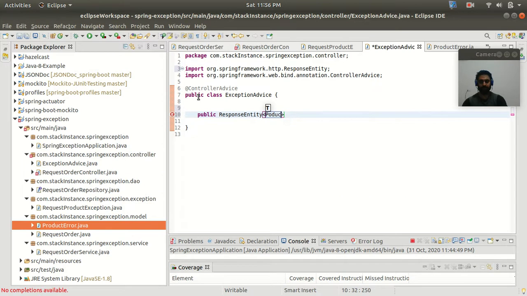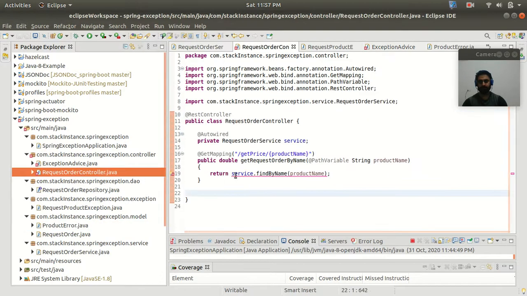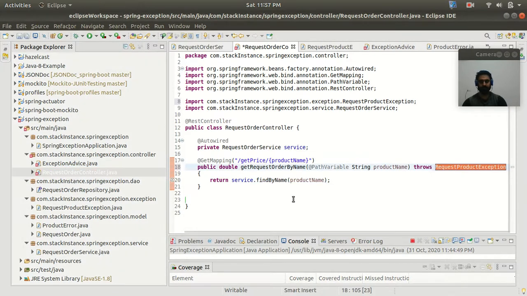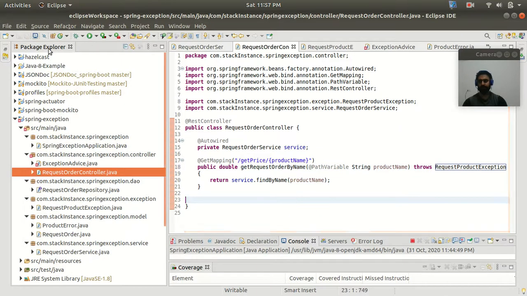So here it is going to return our ProductError class. Here we need to throw our exception for this also. Yeah, now it's fine. Save it.